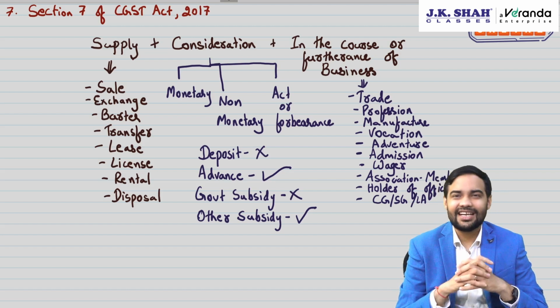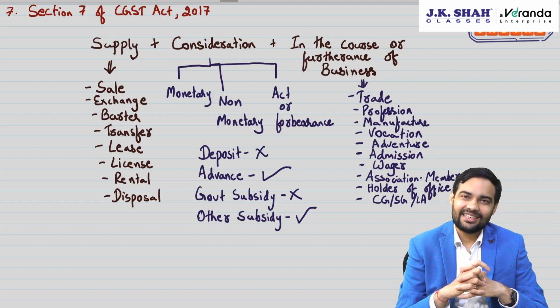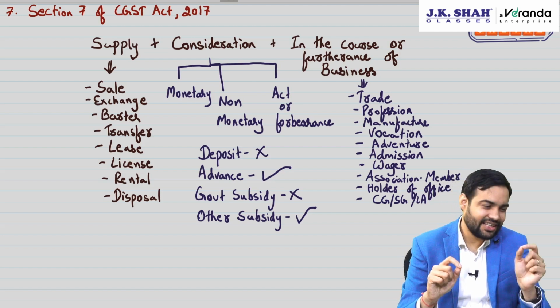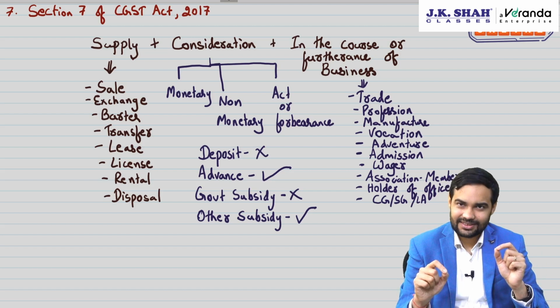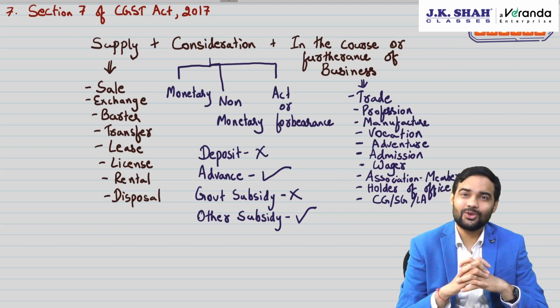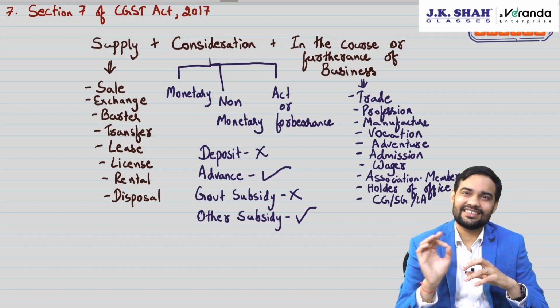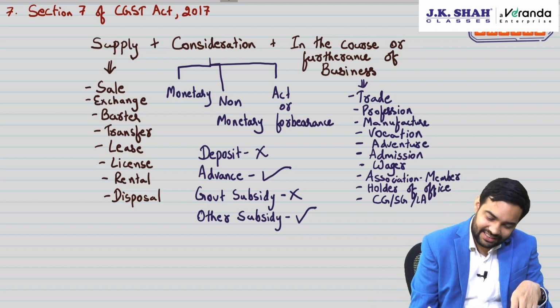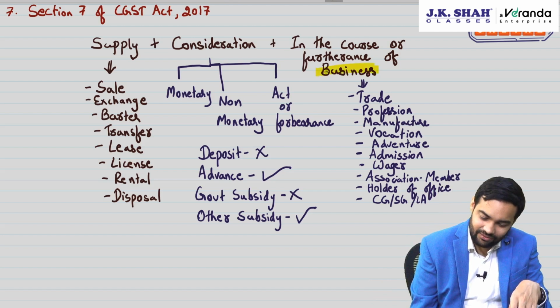They immediately amended the law and said any activity or transaction between association and members is deemed to be a supply and hence GST would be applicable. See, it was already covered by the definition of business, but where was it missing? It was missing from supply terminology, and then they added saying that